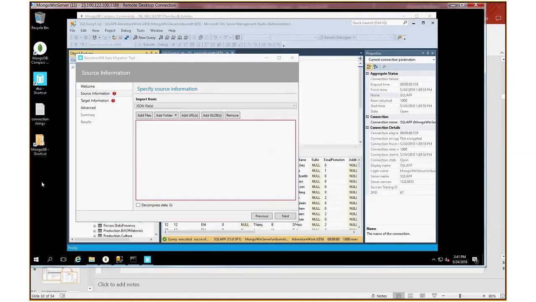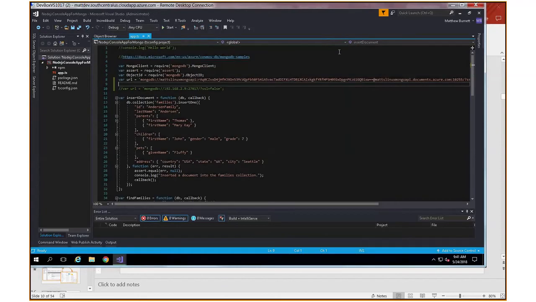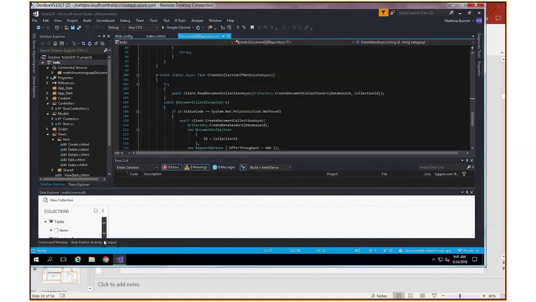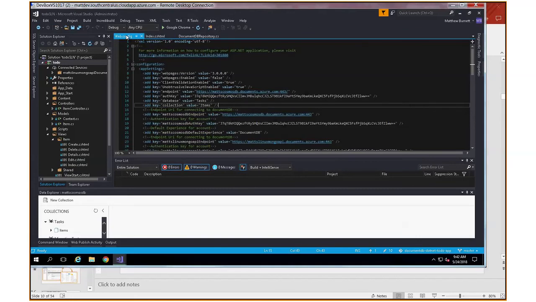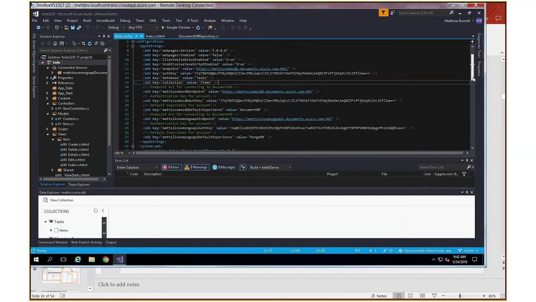Other tools. As we can see, let's flip back over to Visual Studio. And we've got this guy running. This is my Node.js application. I have another one running in Visual Studio here. And this is the demo from another one of the demos on the Microsoft site. This one is the .NET application using the Cosmos Database SQL API. And so the question was, hey, let's take a look at the connection string information that we'll use. And I want to show you that in the web.config file, right here is the connection information for